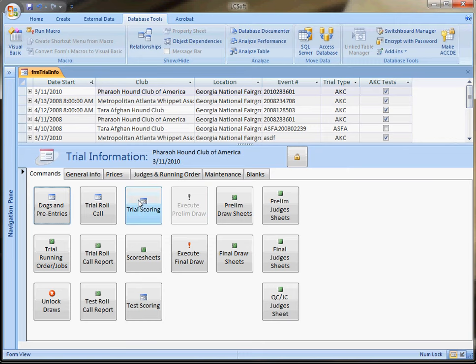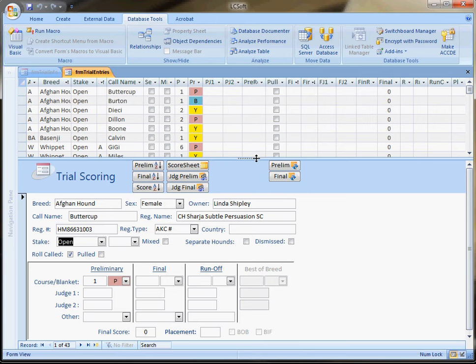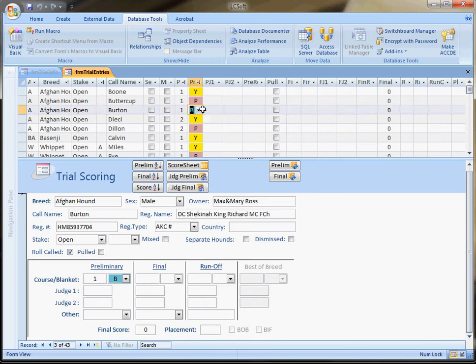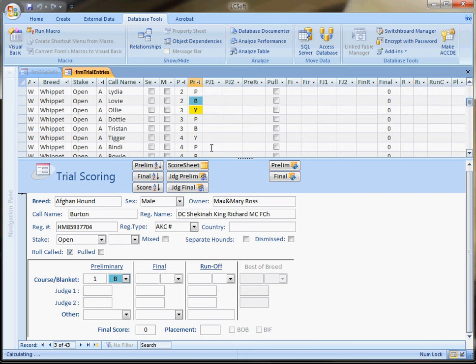So now we'll go back and we'll actually look at the trial scoring for the Barrow Hound. And as you can see, everything is nice and drawn. We're going to sort on the prelim draw right here. So everything is yellow, pink, and blue on down. And as you change the color, or as you change the blanket color, it changes the little thing just for convenience. As you can see, the whippets have been drawn into open A or into open B. Now, when you do the draw, it actually does separate first on whether or not the person checks separate my hounds. And then it tries to match the owners on whether or not they check separate or hound, just for convenience. And then it goes through and does everything